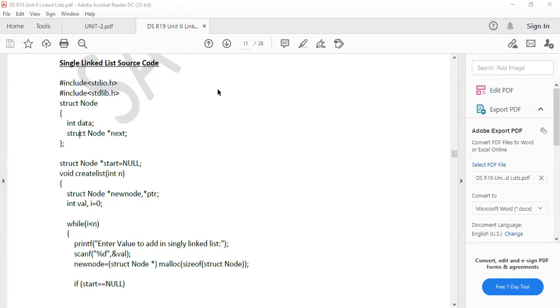But if you declare it as local, it is within that scope only, and after the execution, the local variables will be deleted automatically. So that is why we are creating the node structure globally.